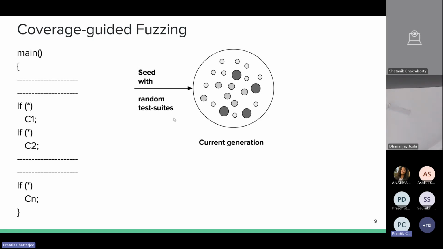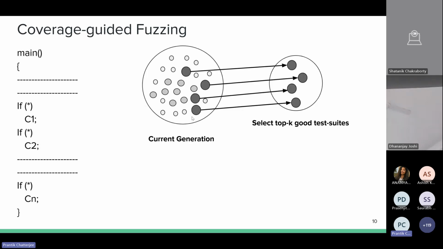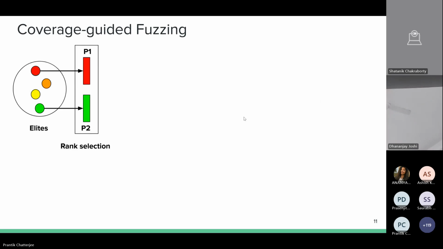Then you can generate a random set of integers and they will become your first generation of test suites. Once you have seeded these, then from these you can select your top K good test suites, the ones which provide the maximum amount of coverage. With this, you will start your fuzzing process.